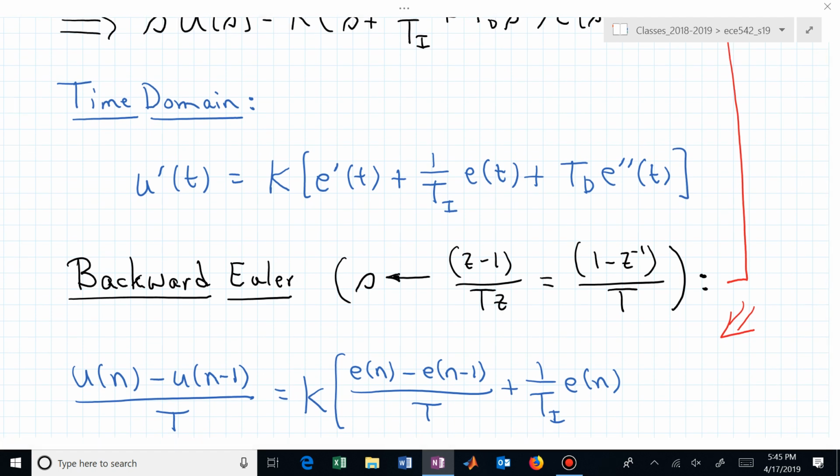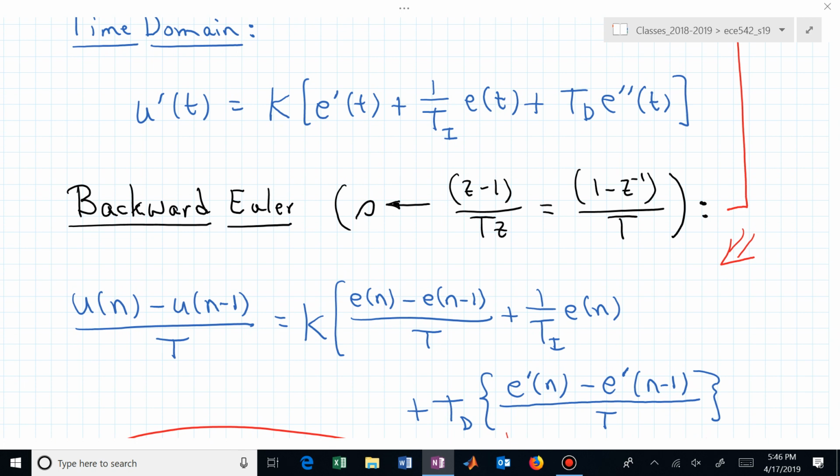The first few pieces now: the left-hand side, let's approximate that derivative in the discrete time setting. We now have u of n minus u of n minus 1 over T. And we are going to have some derivatives on the right. K follows down directly. We approximate the derivative of E, the error signal. We don't have to do anything with the middle term. That's just the error at the present time, that's now just E of little n. The last one is a second derivative, and that one gets a little more interesting.